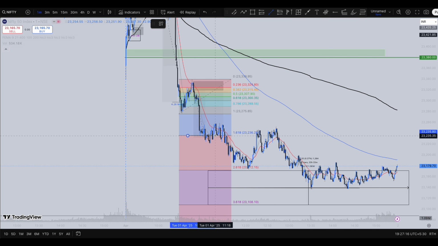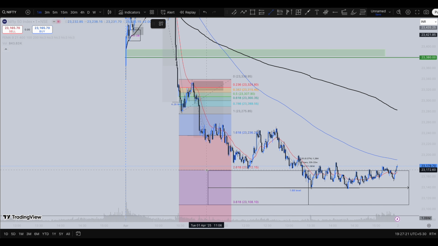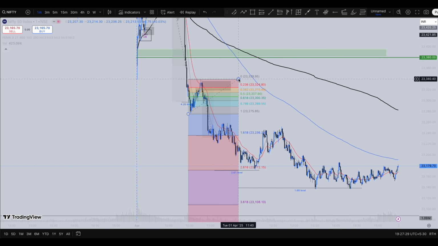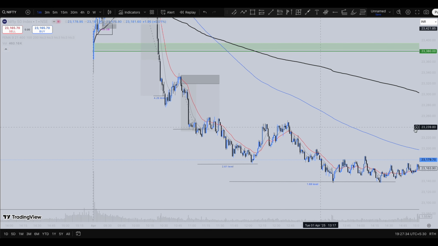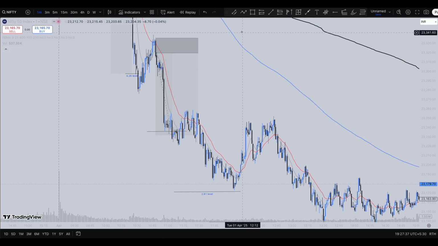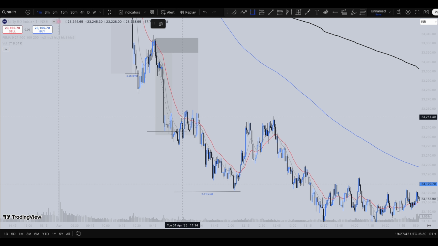The 1.68 level is where you could have initially targeted. And you could have targeted the 2.6 level over here. Or you could have targeted this zone over here. Because there wasn't proper retracement, that's why you could have considered this. Or in case you can see this kind of order block level, you can see the last up candle over here. So this is the last up candle over here.